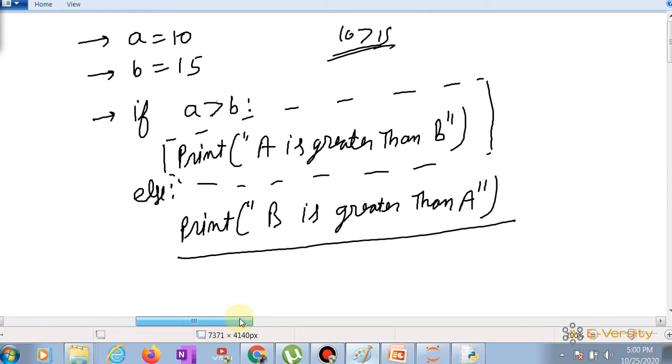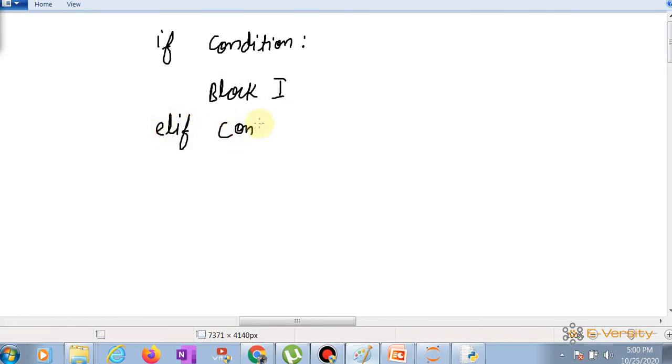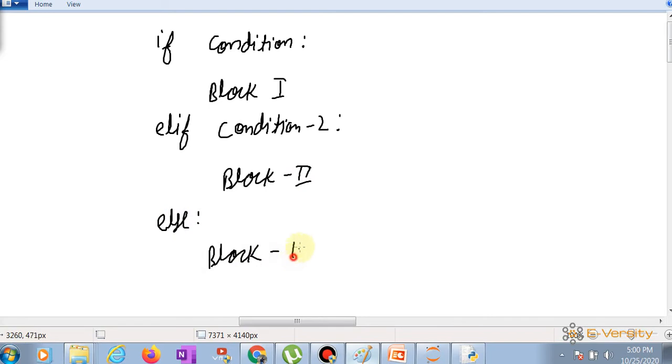Okay, now if you have more than one condition, you can use elif. So: if condition, block 1, then elif condition 2, colon, block 2, and then else, block 3.